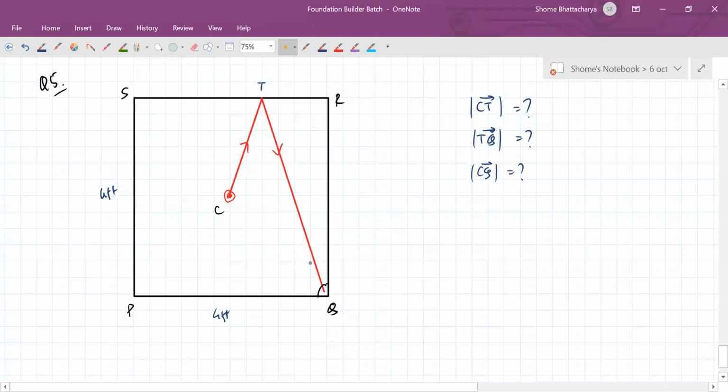These are the three things that we have to find out. Okay, so the concept that we'll use over here is that